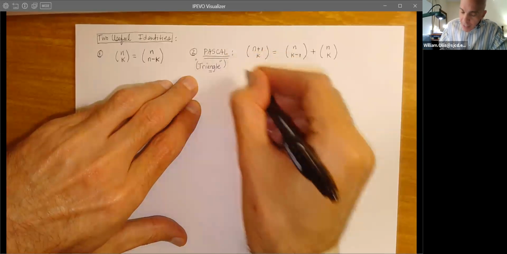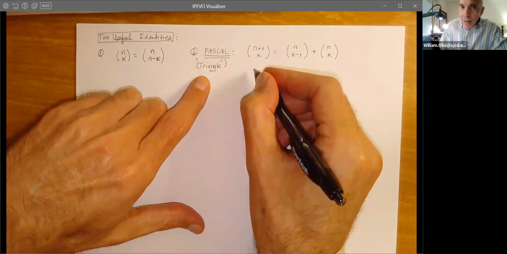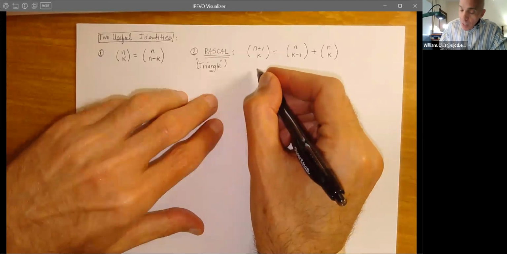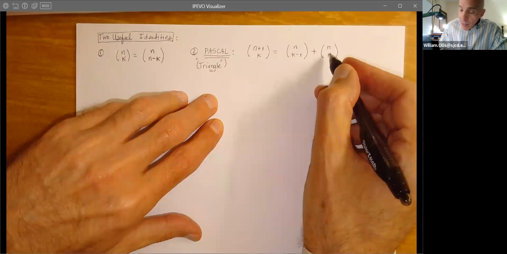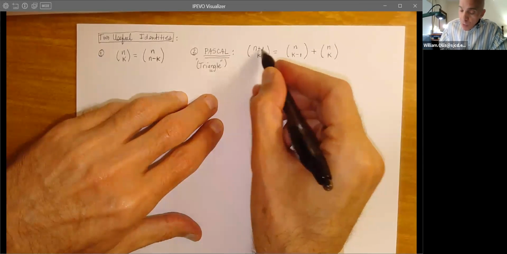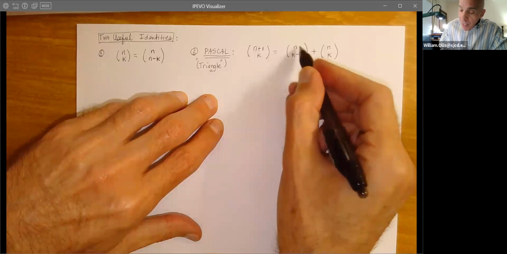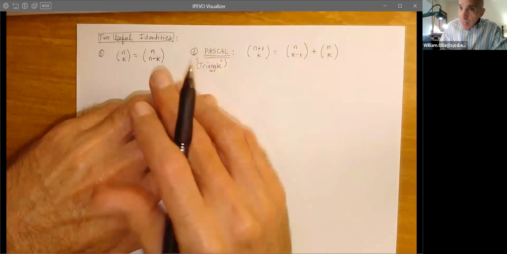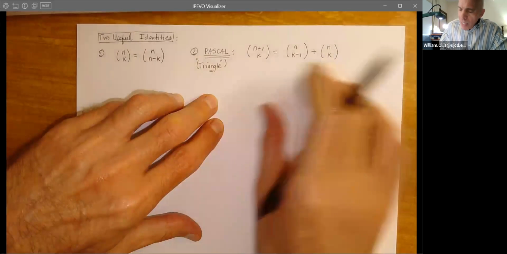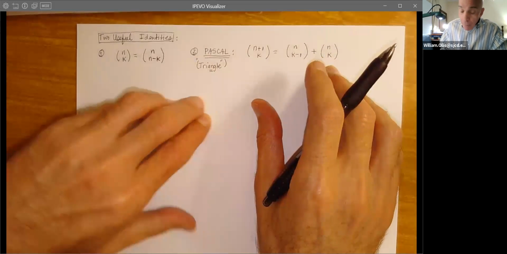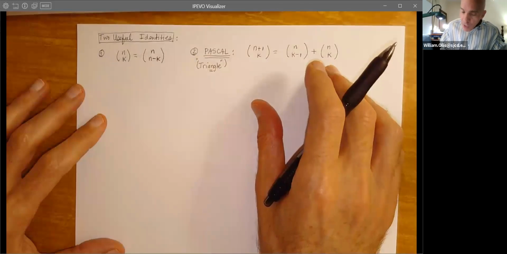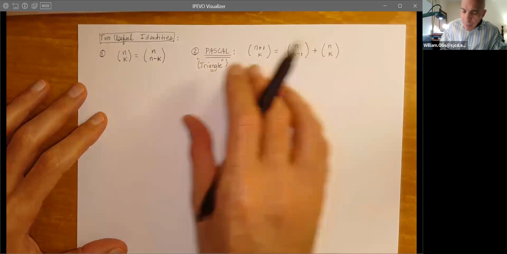This is the identity that we use to form the triangle of binomial coefficients. This is a recursive process. So to get this one with the larger value of n, we can add lower values of n coefficients. So again, this is not very obvious, but let's just look at these and see how they can be of